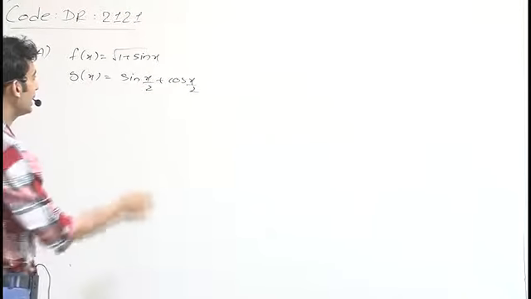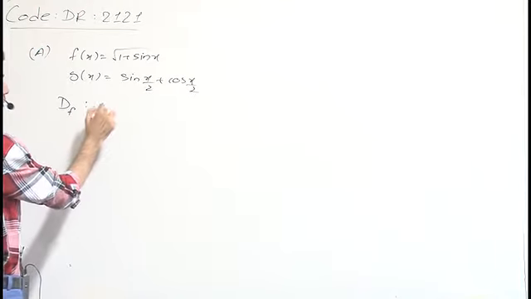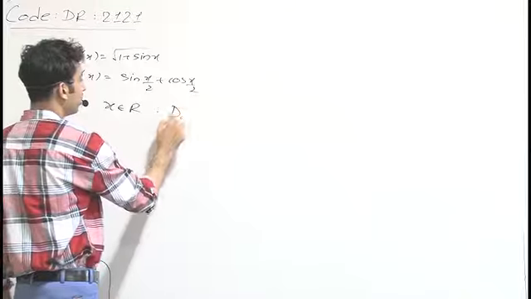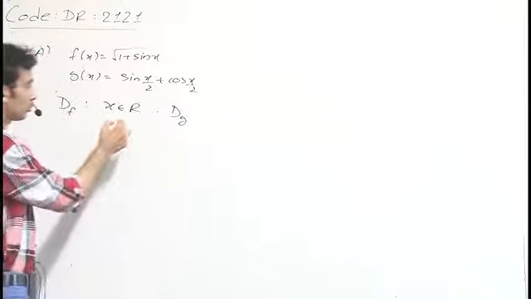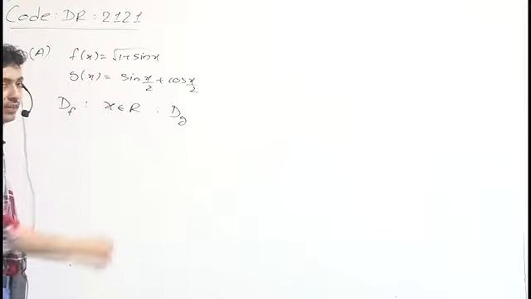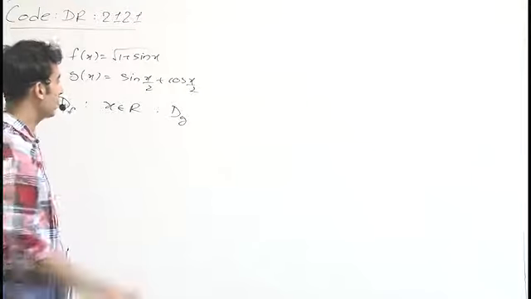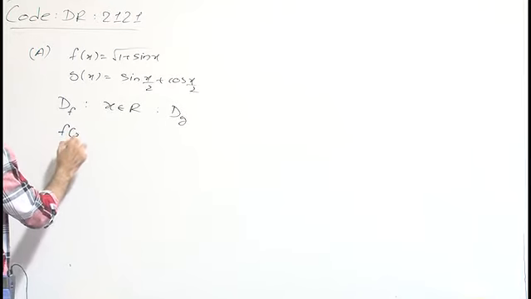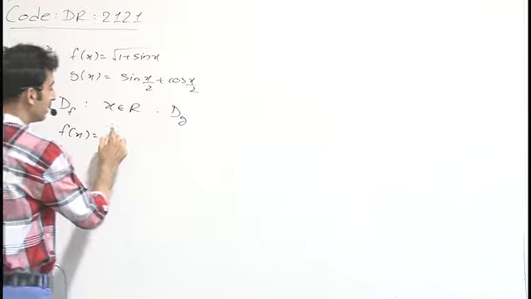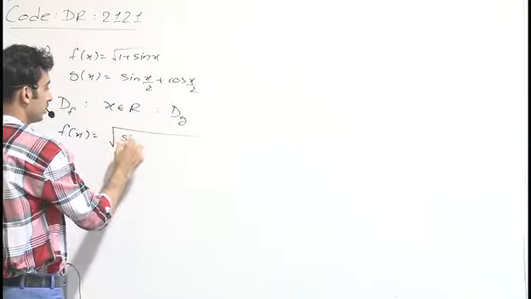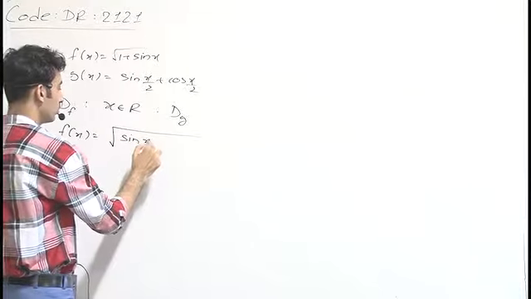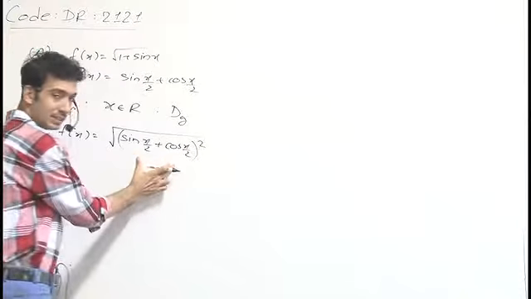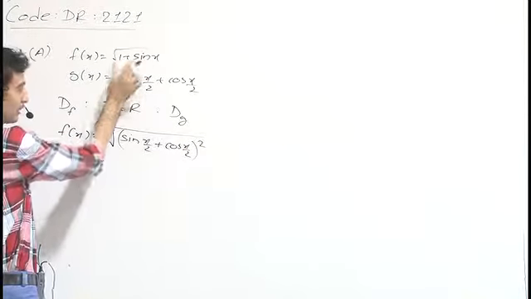We can see easily that the domain of f is x belongs to R, as well as the domain of g is x belongs to R. Both of these functions are defined for every real value of x. So the domains are equal. But in the common domain, f(x) can be written as (sin(x/2) plus cos(x/2)) whole square. If we open this term, we have f(x).